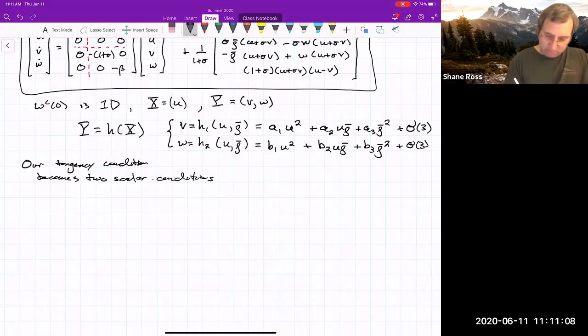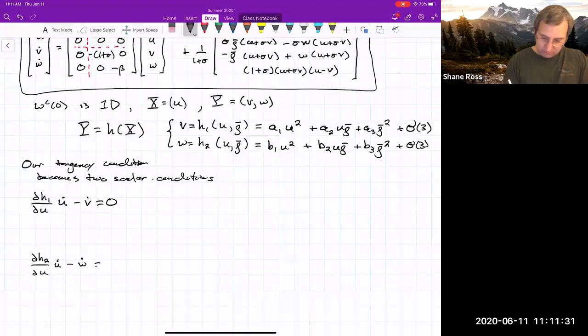And those are partial H1 over partial U dot minus V dot equals 0. And then we'd also have partial H2 over partial U dot minus W dot equals 0. Well, this first one, if you work it out, then for each of these terms, U squared, U rho squared,